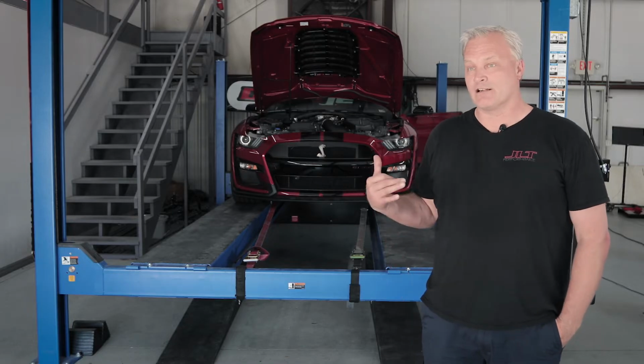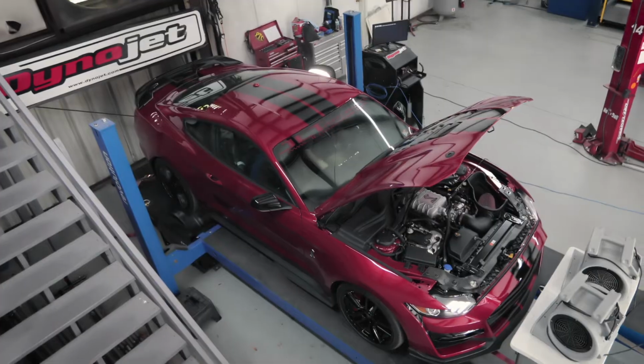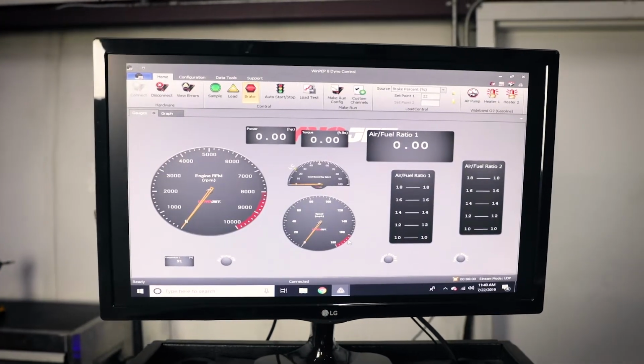So this particular car, we were able to 3D print a product, test it. If we don't like what we see, now we can go back and make some changes, print another one, and do it before we go ahead and make molds and put it into production. We're going to have realistic power gains that the customer can see when they take their car with our product